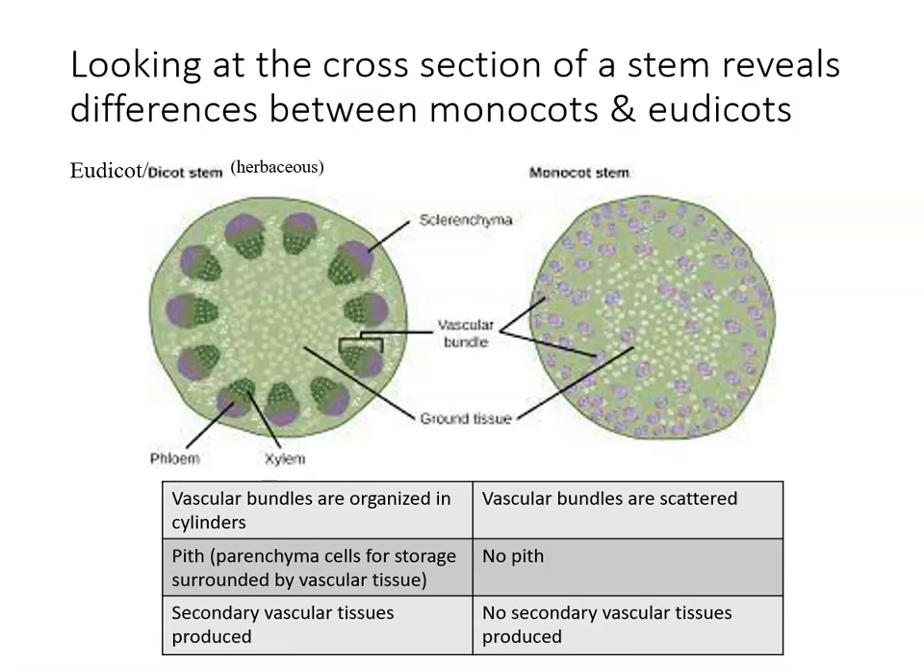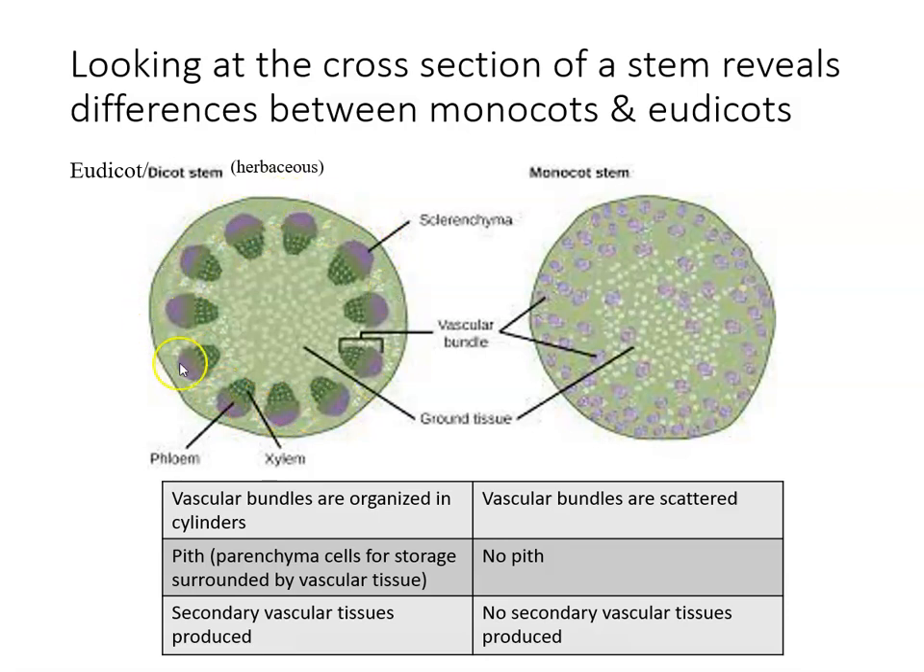Now let's take a look at cross sections of stems from both monocots and dicots, because we can also see some interesting comparisons there with regard to the vascular tissue. On the left, we have a eudicot stem, and notice that the vascular tissue is oriented in these little bundles or cylinders that go around the whole outer